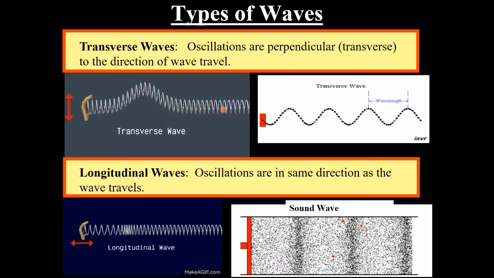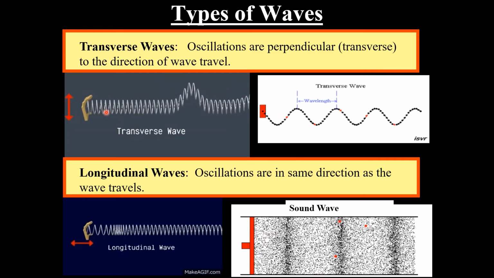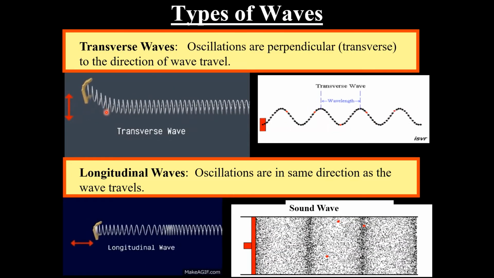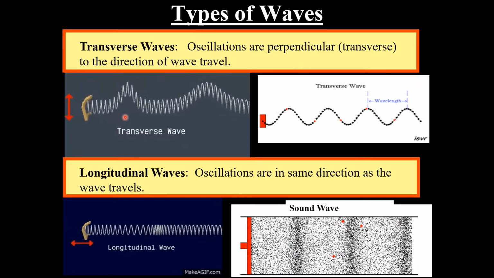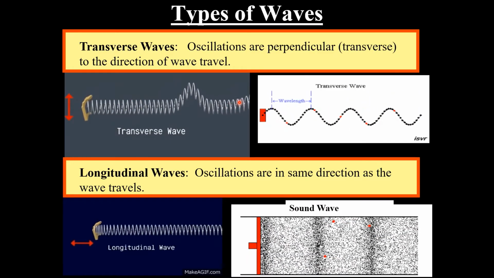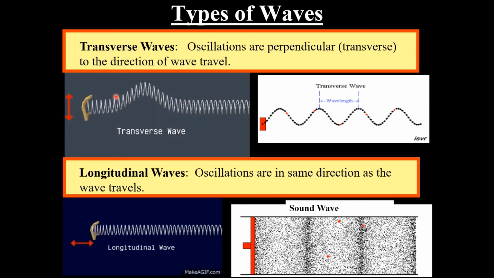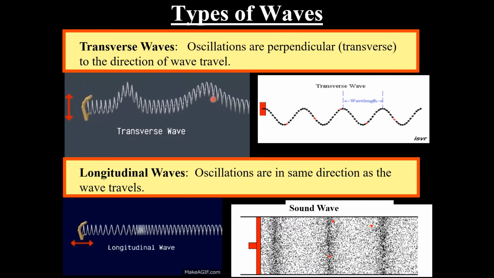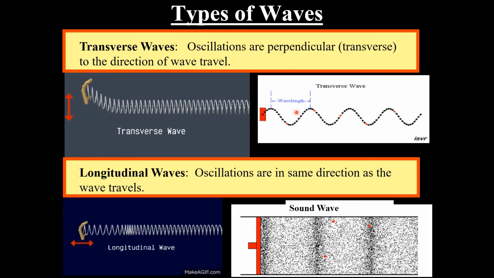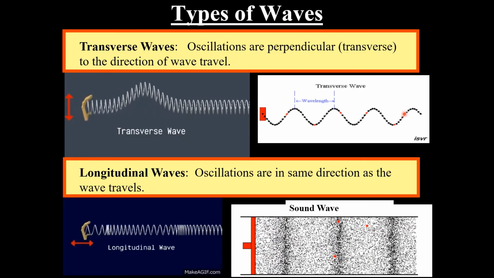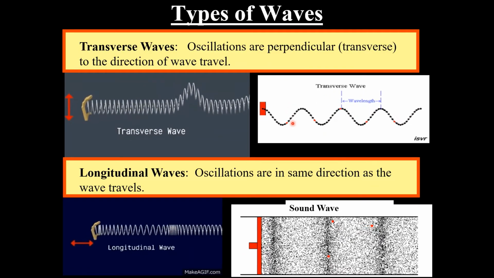This is a spring or a slinky, and you can see the hand here is creating waves, but this is what we saw in the previous slide. The disturbance in the slinky is just going up and down. The wave is traveling left to right, and the disturbance is going vertically up and down, transverse to the direction. Here's our rope again that we saw in the last slide. Again, the waves are moving horizontally, but the material in the rope is moving up and down. It's not moving